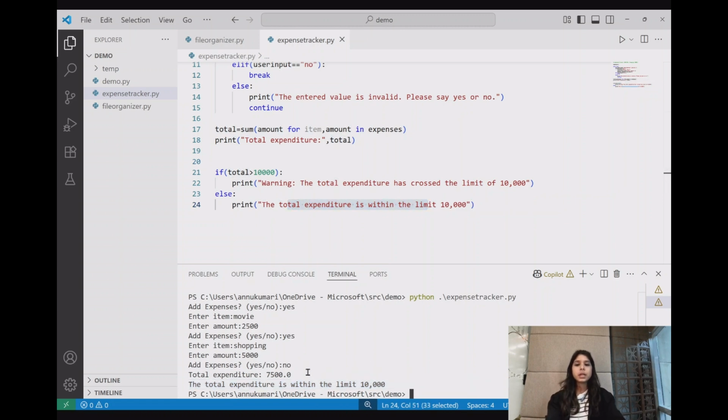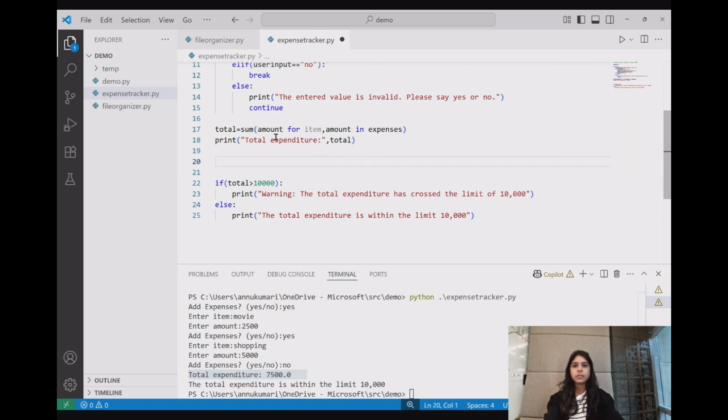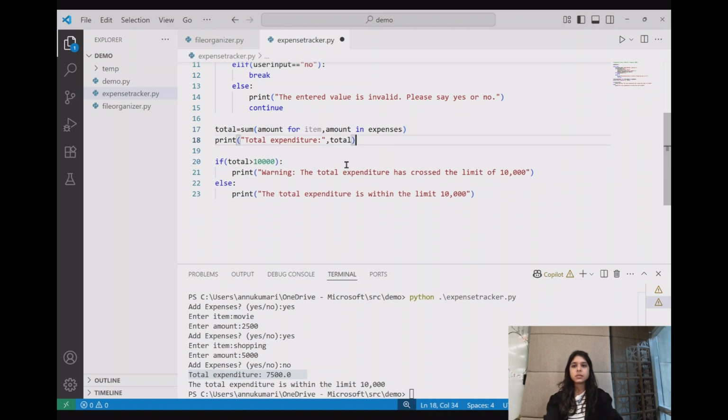Okay, but I also want to get a summary of the items and the amounts. So I don't want to go through all the conversations that the user had with the code, and I just want to have a summary of all the expenditure made by the user. So before the total expenditure, I want to see the list of all the items and the amount that has been spent by the user. So before this total expenditure, okay,